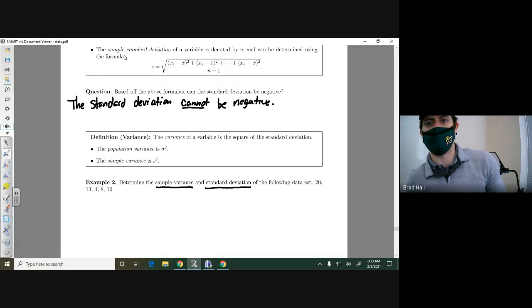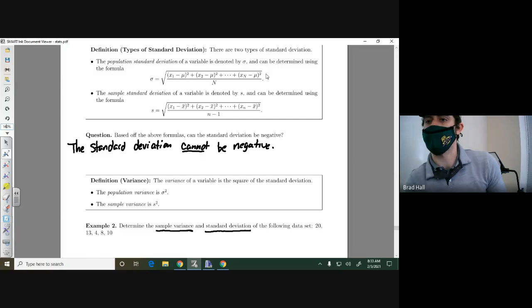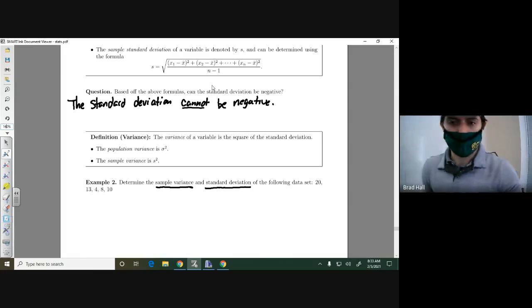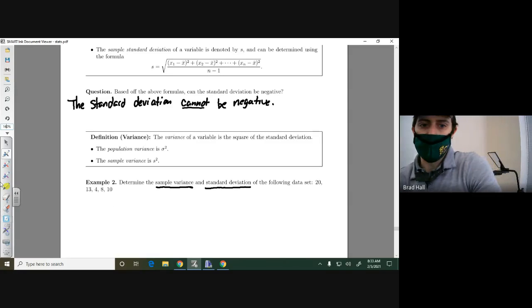There's a problem in your homework where they'll ask for the population standard deviation. So that formula will come up at some point in your homework. But what this means,